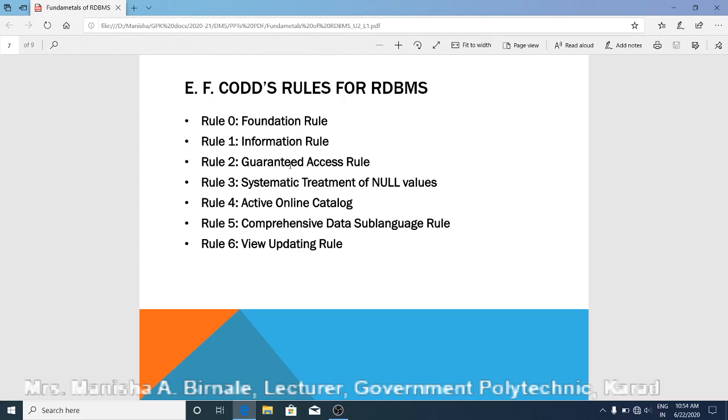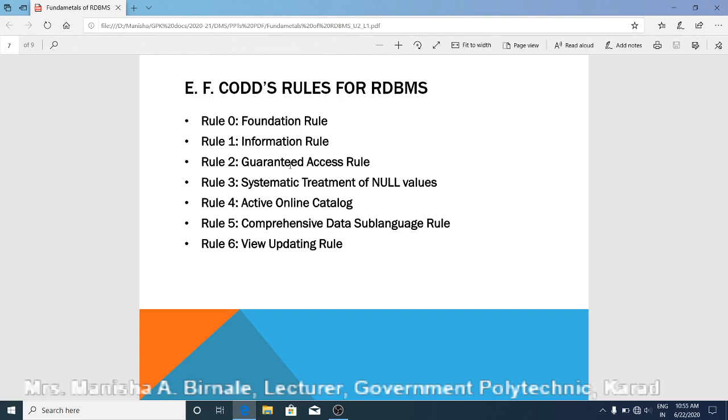Then rule 3 is systematic treatment of null values. So what is meant by null values? Null values indicate that data is missing or the data is unknown. Suppose the mobile number of a student is not known, then in that place a null value is written.